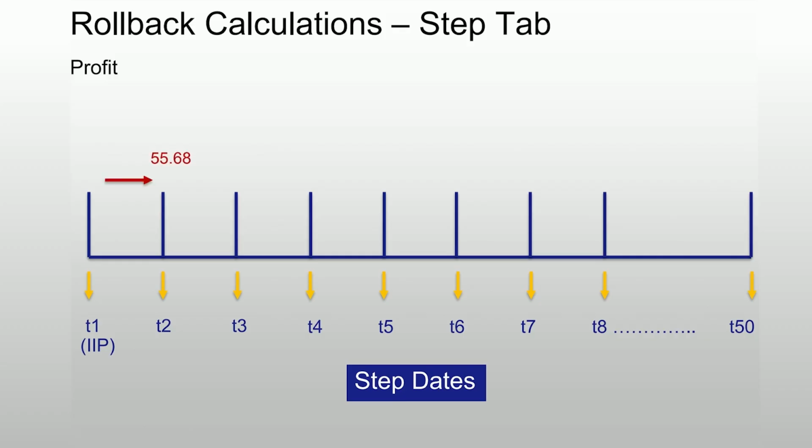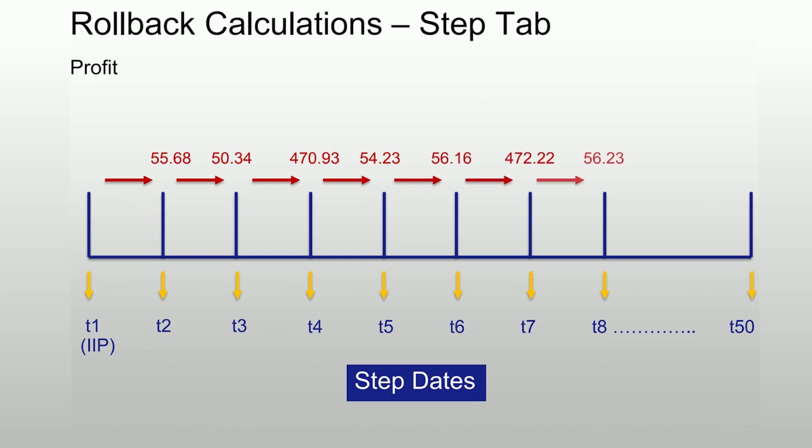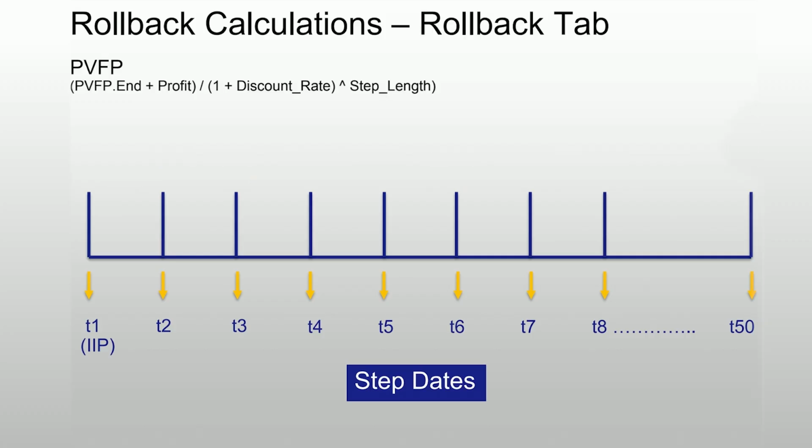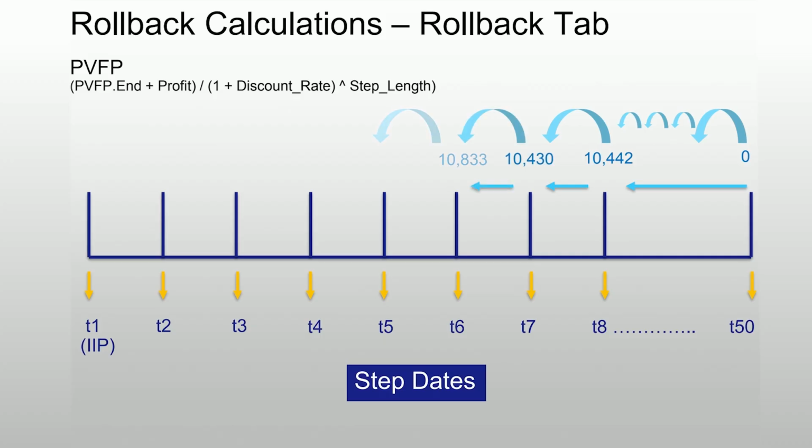Once we have modeled the projected profit cash flows, we need to calculate the present value of those profits in the Rollback tab. R3S Modeler calculates the rollback variables for a record as part of a backwards projection, starting at the end of the projection. Calculations are performed in reverse, step by step, until the projection reaches the portfolio date.